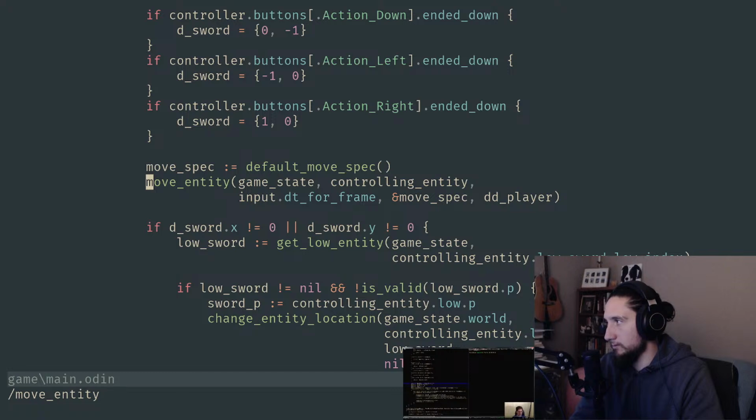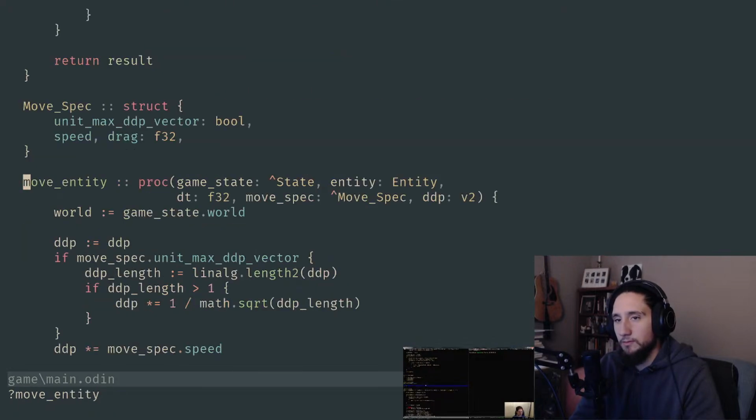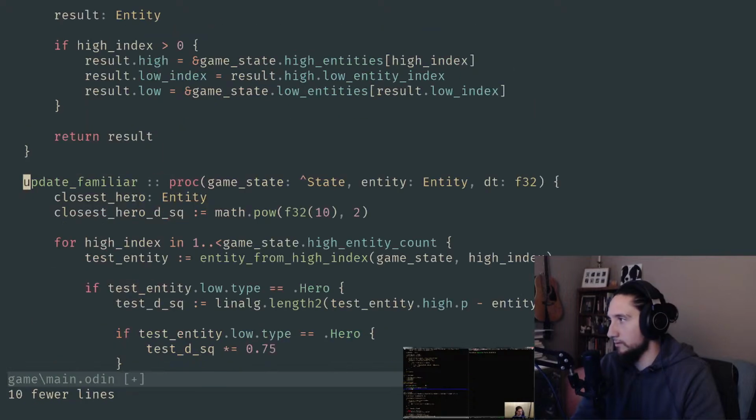So all right, that's pretty much all there is to that. And again, I don't really know if I love that or not, but it just seemed like a sensible thing to do, just to kind of clean up what was happening in that function and move it out into something that we can deal with. And so what happens here in this default one is I just wanted to make one where the default things that should happen will happen, right? Basically what I want to do here is if we add members to this,